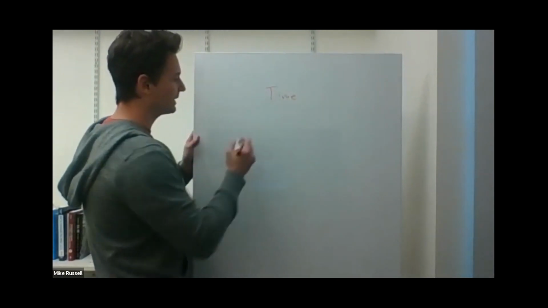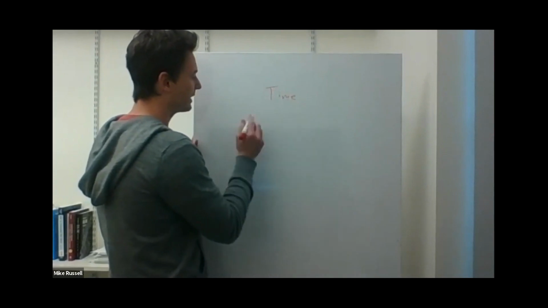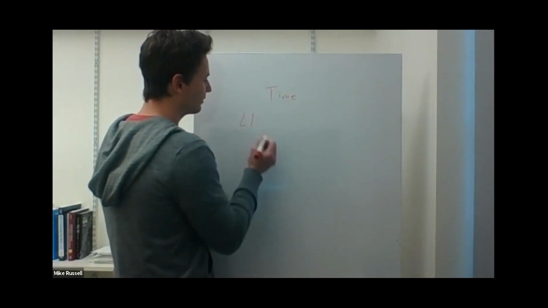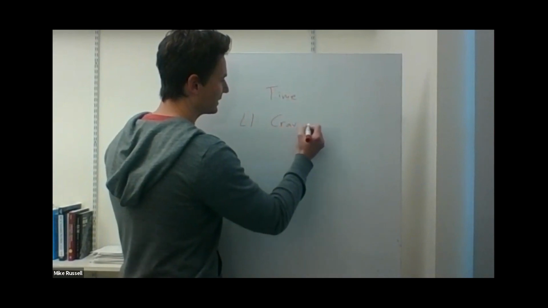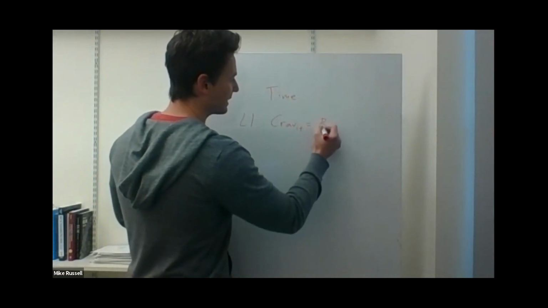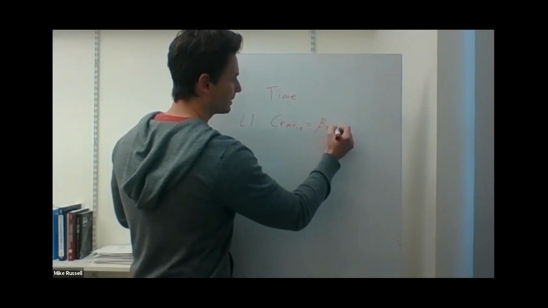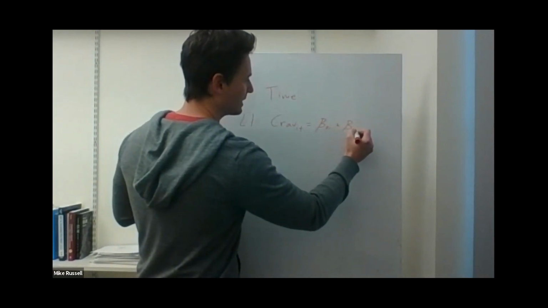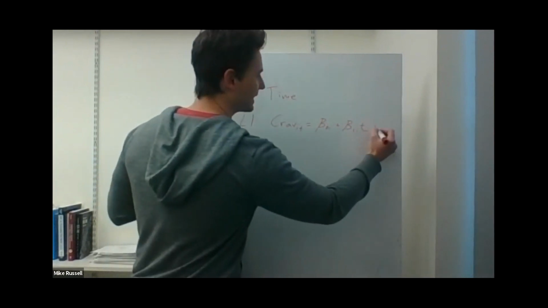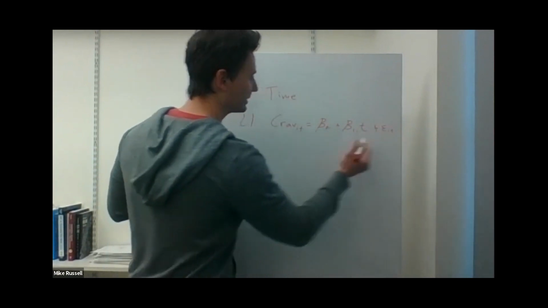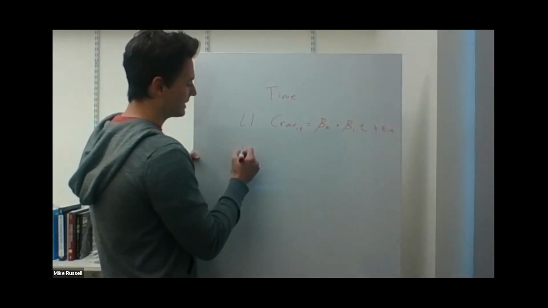Okay, so let's say we're interested, I'm going to stick with the craving example. So in our level 1 model, you might have craving for person i at time t, and then we have an intercept, and then we could just do a linear effect of time. And so time could be hours of the day. Okay, and then at level 2,